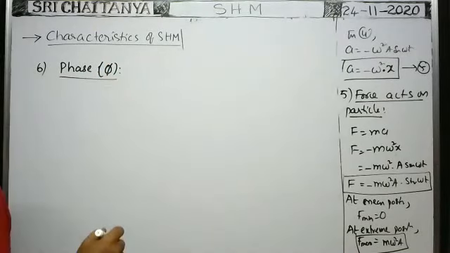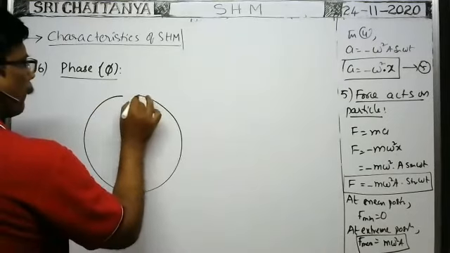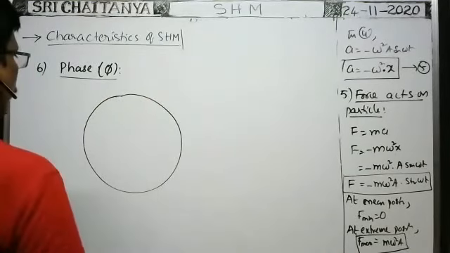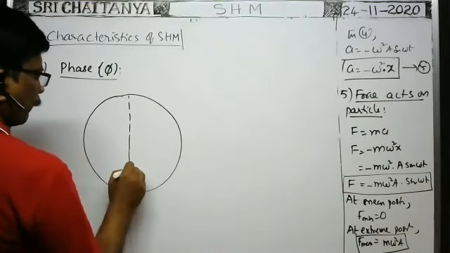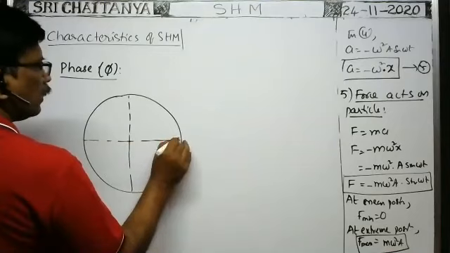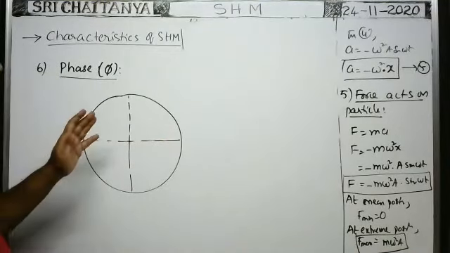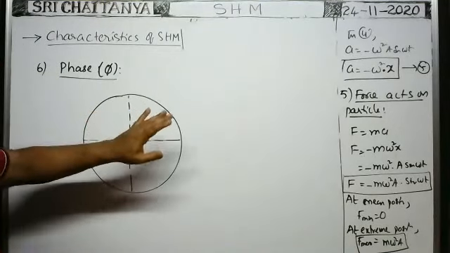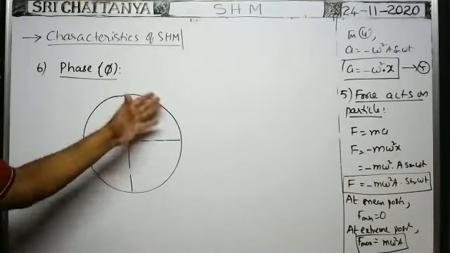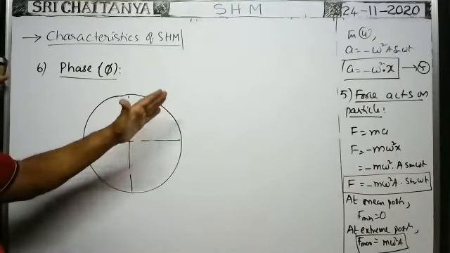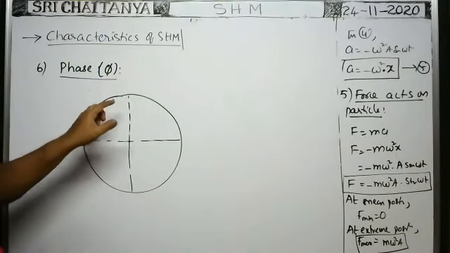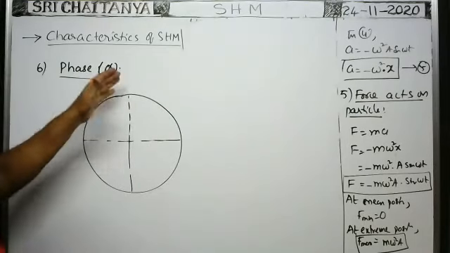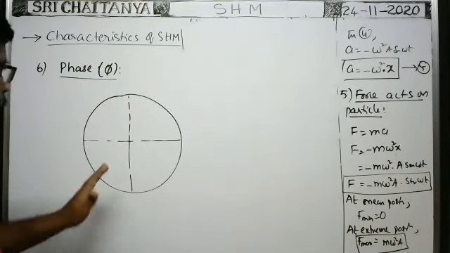Here, in order to explain what simple harmonic motion is, first I have taken a particle moving along a circular path in a reference circle. I took the projection of that particle on the x-axis or y-axis, and I showed that the projection of the particle moving along the reference circle executes simple harmonic motion. In such a way, I have shown.